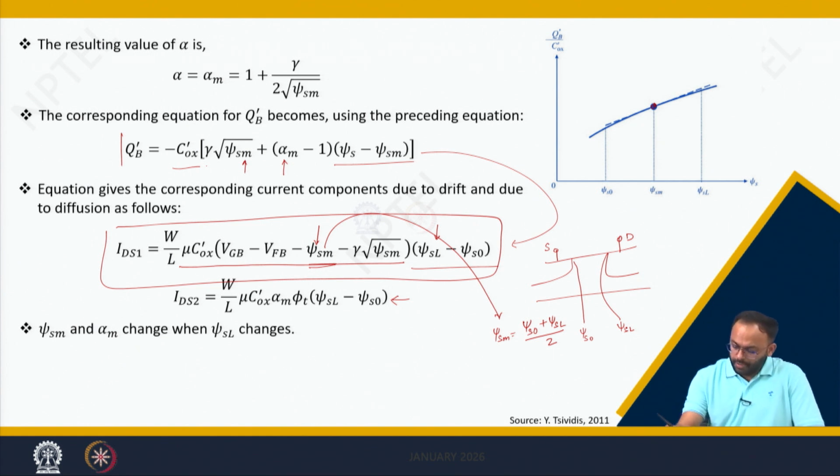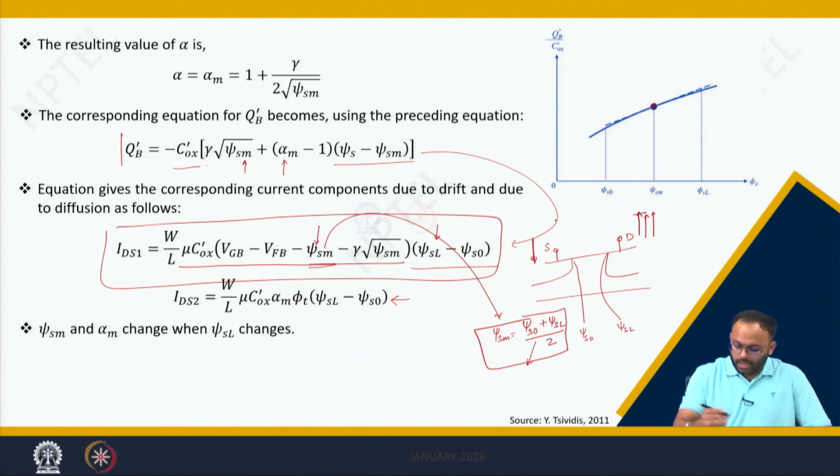Now, the moment you increase VDB, consider the VDB and VSB change in opposite directions in such a way that the mean surface potential is constant. It means the amount of increase in VDB is exactly the same as the amount of decrease in VSB, and hence this factor is not dependent on the